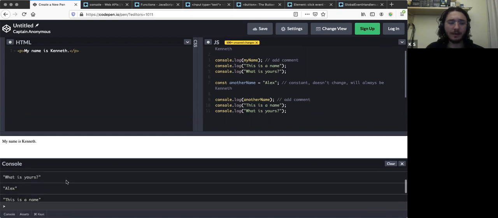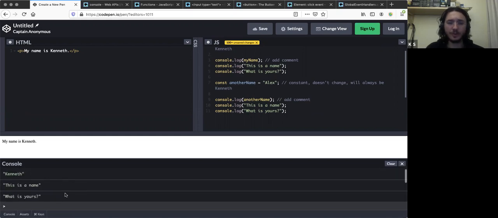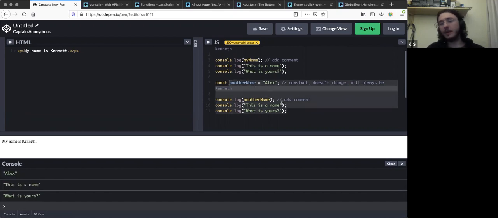So we should get two groups of printed statements. Kenneth, this is a name, what is yours? And then we get it again for our new name. So we could do this for however many names we want to print in this case. So if we want to print more names, we could simply